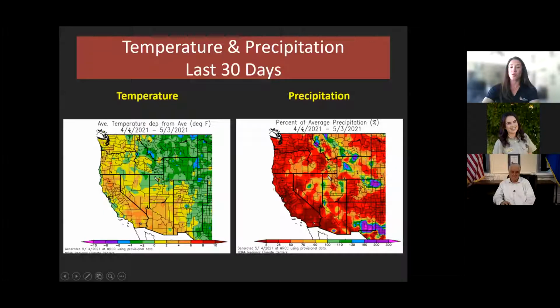Yellows show above normal, and the image on the right shows the precipitation, where again, the red indicates the drier conditions and the greens are more the wetter or near normal conditions. You can see for Nevada, we've seen generally above normal temperatures with the exception of eastern Nevada, which was just below normal, and a similar pattern with precipitation. Very dry conditions over southern, western, and parts of northern Nevada,